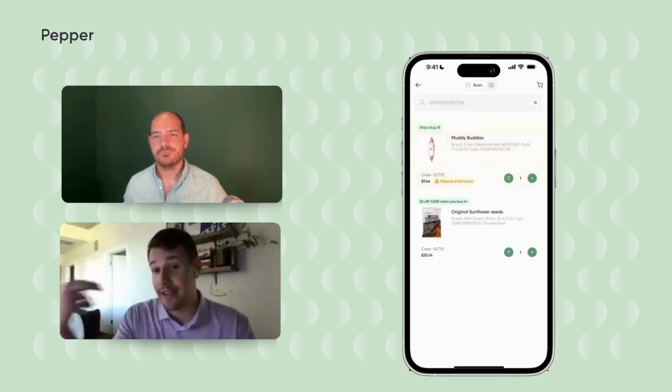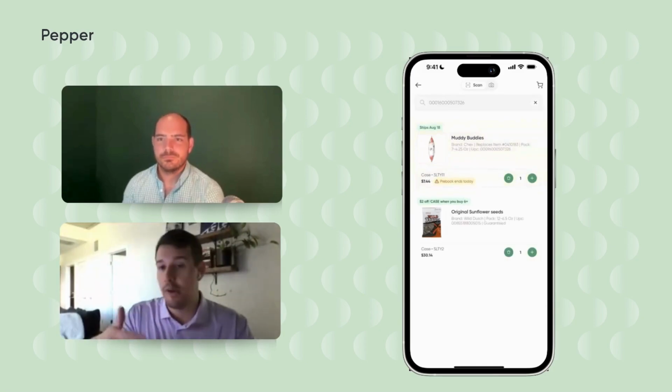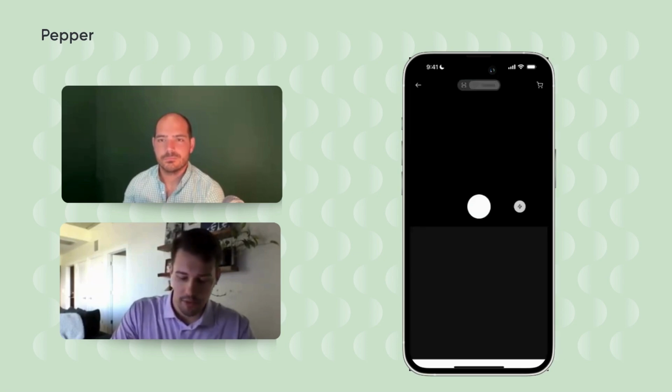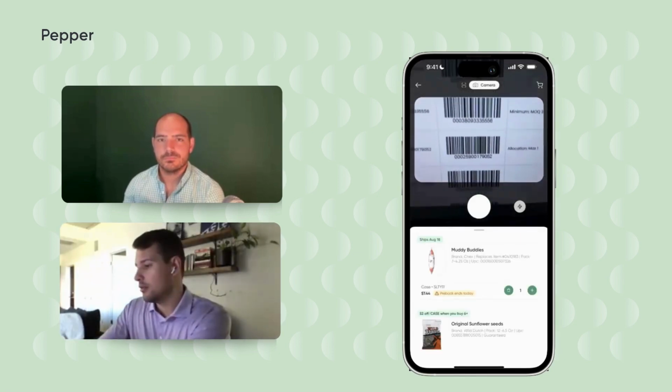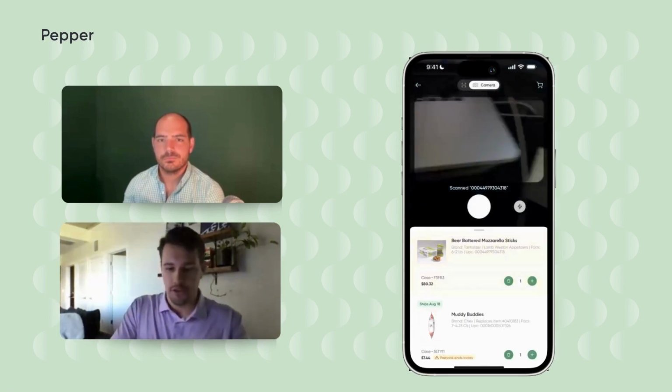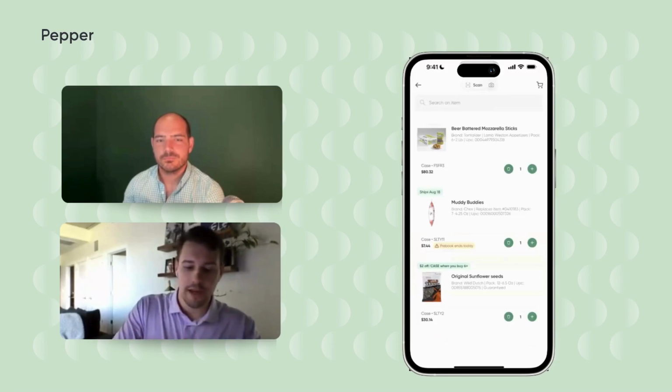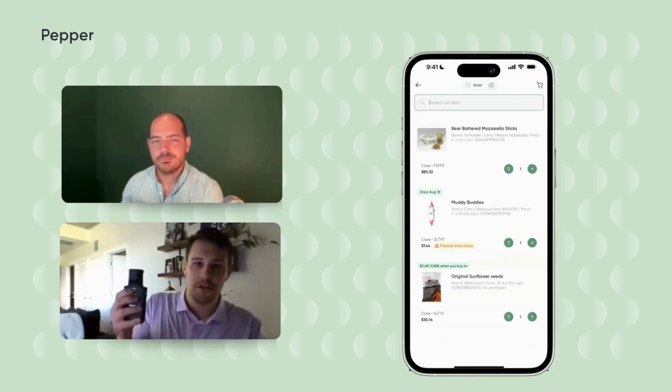You'll notice that as I scan, it's going to add to my cart and I'm going to be able to see anything that I've scanned previously. We also have a camera. So I'm going to go ahead and use my camera, go ahead and scan that barcode. Super, super simple. And then if I go back to the screen, we also have smart search built into the